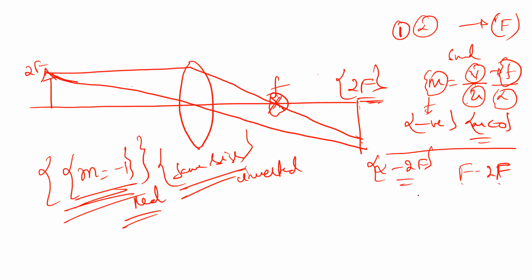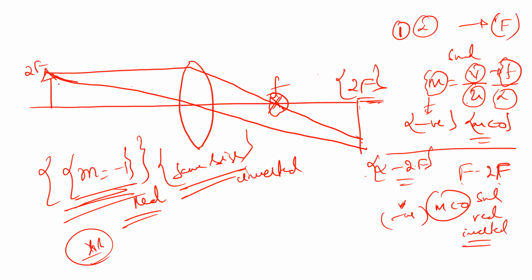So now also you can see v by u will be negative. That means m less than 0. But in magnitude, you see, v will be smaller than u here, because the object is from infinity to 2f and the image is from f to 2f. So v will be negative and m will be less than 0. Then the magnitude will also be smaller. That means small in size, real and inverted image. Got it? Okay. And the third one is a very interesting one also.